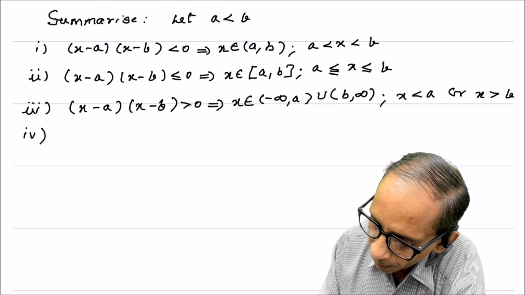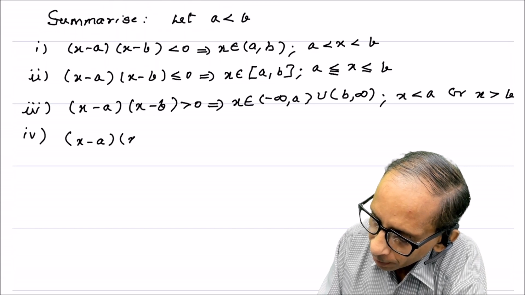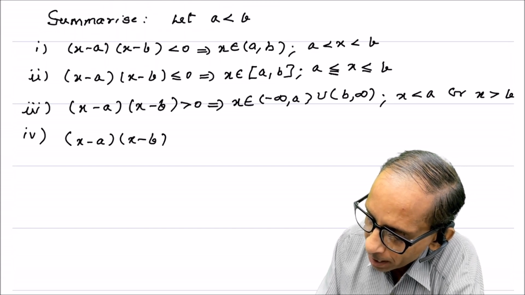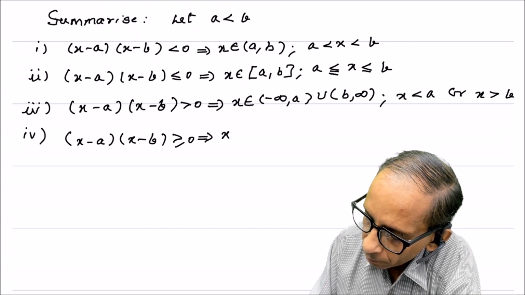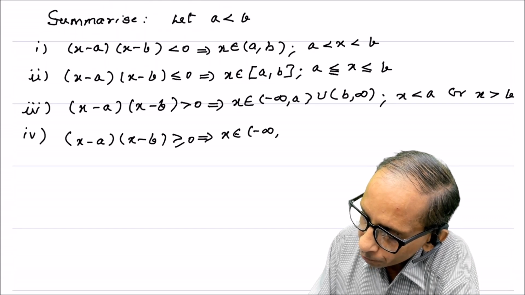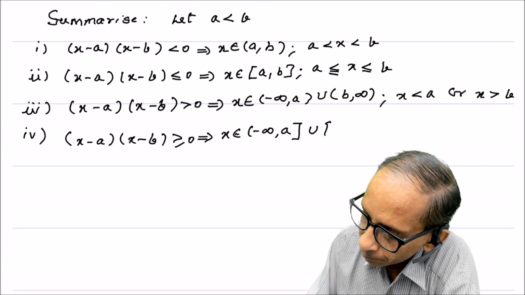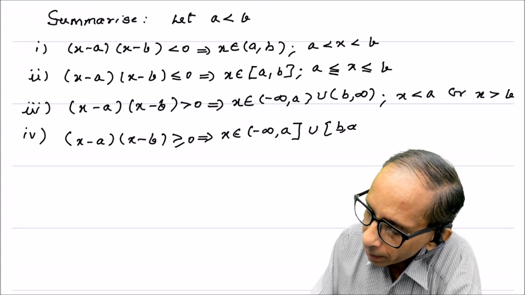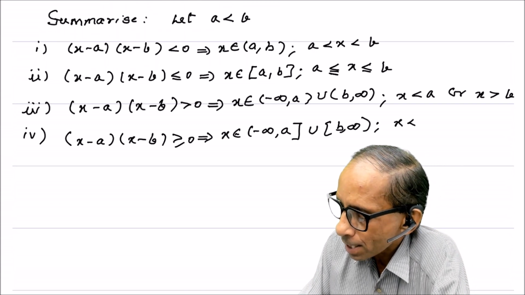And the fourth case, x minus a into x minus b greater than or equal to 0. It was x belongs to minus infinity to a, and here b to infinity, which we wrote it as